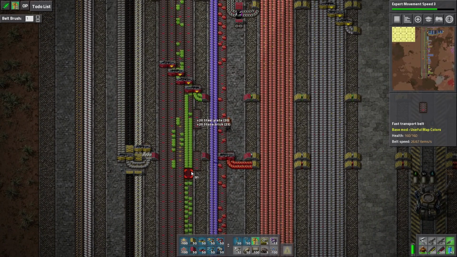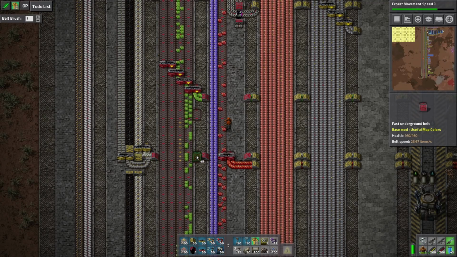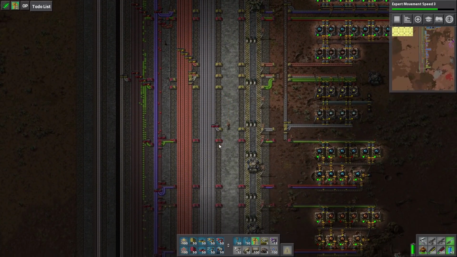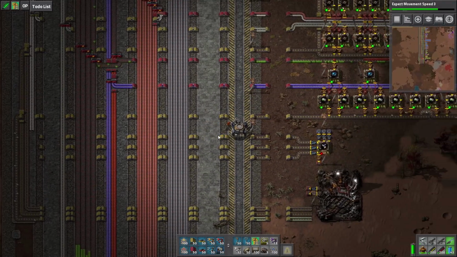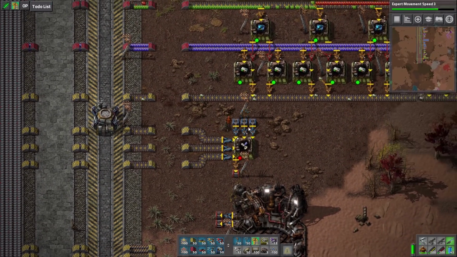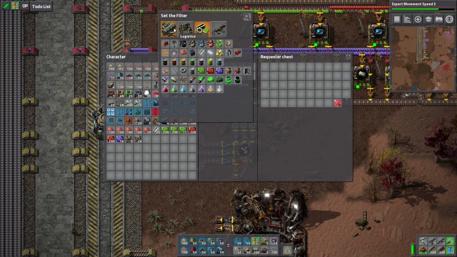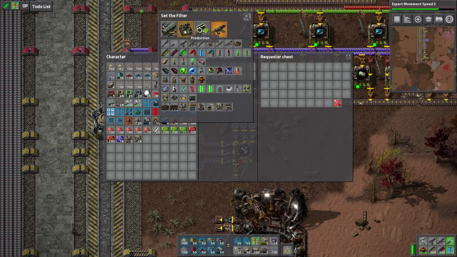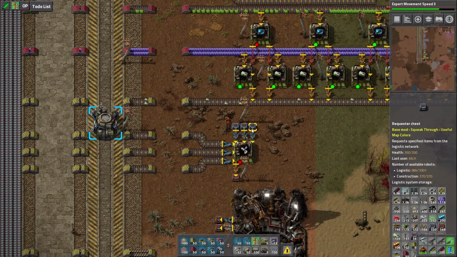Something weird's going on there. Oh, we got some yellow lines in there. Yeah, we're just getting a trickle of green circuits down here. Okay, let's go ahead and finish this guy off here. You need solar panels. Where are the solar panels? Production, solar panels, accumulators. You know what? We could do this